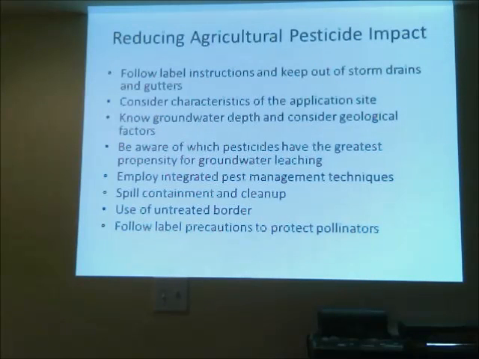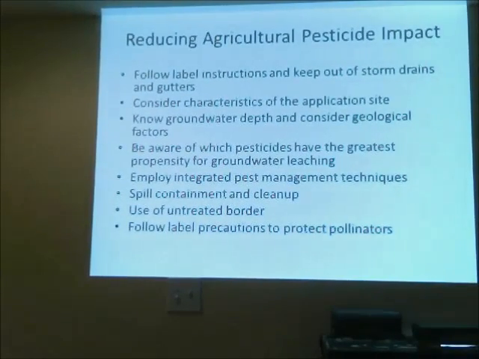that agricultural users want to do is when they're spraying their fields, there should be a border around the field that consists of areas that are not going to be treated. So by using this untreated border, it actually acts as a buffer zone to prevent the pesticide from spreading beyond their property, for instance, onto a neighbor's property. And again, they want to follow label precautions to protect pollinators, because